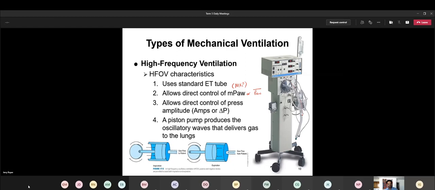Regular ventilator, there's active inspiration and passive exhalation. But with this machine, it's active everything. It's active inspiration and it's active expiration. It's pulling the gas right back out as the piston goes backward. Okay,